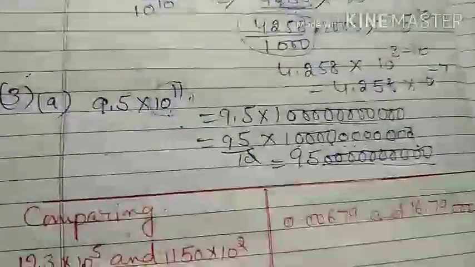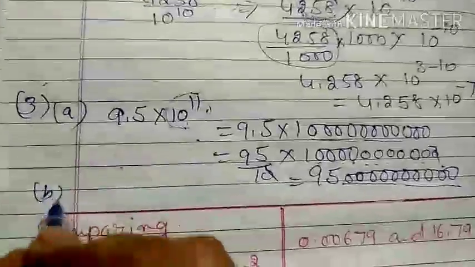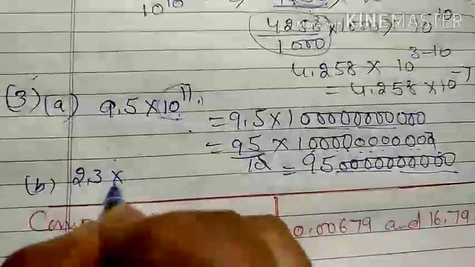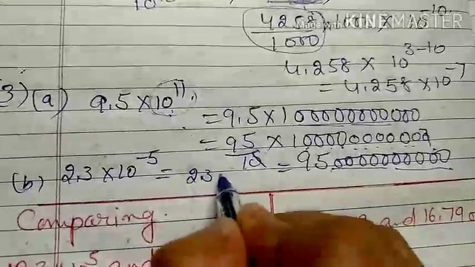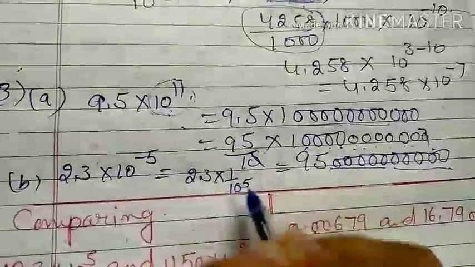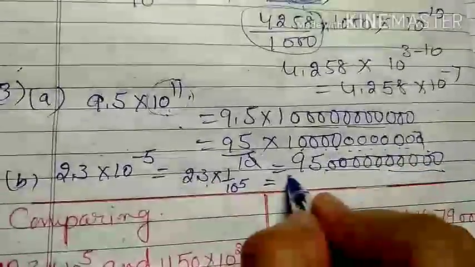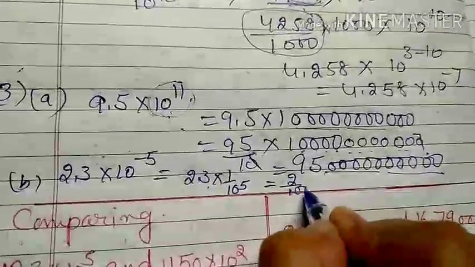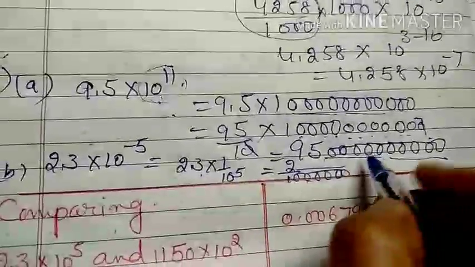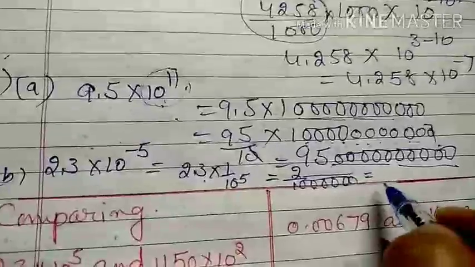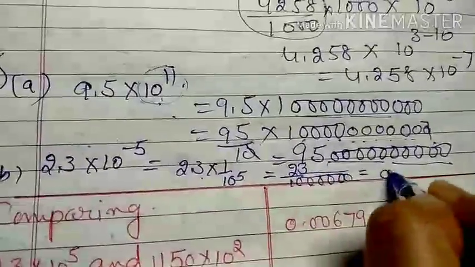But if there is a negative power, like you have a question, next one is your B part question, like 2.3 multiplied by 10 raised to power minus 5. So what you will do, first you have to make it positive power. 10 raised to power 5, already one decimal is there, you just move the decimal, like here 10 accompanied with 5 zeros, 1 2 3 5. So that means again you convert into decimal signs, so that will be 6 zeros.